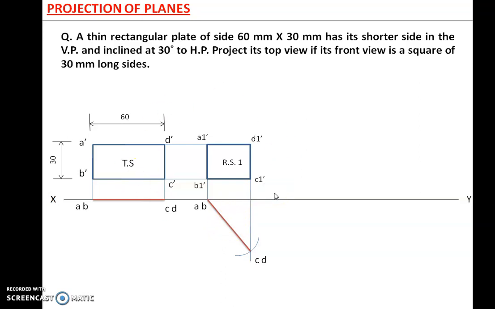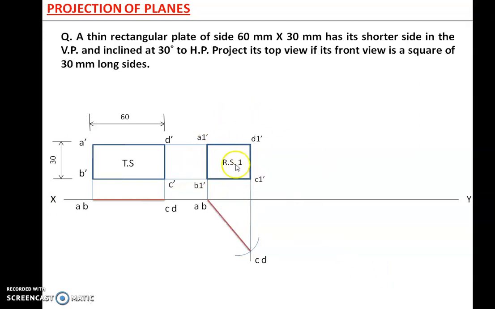This type of problem is also called a reverse problem, in which the reduced shape is given and you find out the inclination. Here it is not asked to find out the inclination, but you can calculate or measure this angle, that will give you phi. So exactly we have done the opposite of what we were doing previously in the second step. So indirectly what is happening? The line is getting inclined.